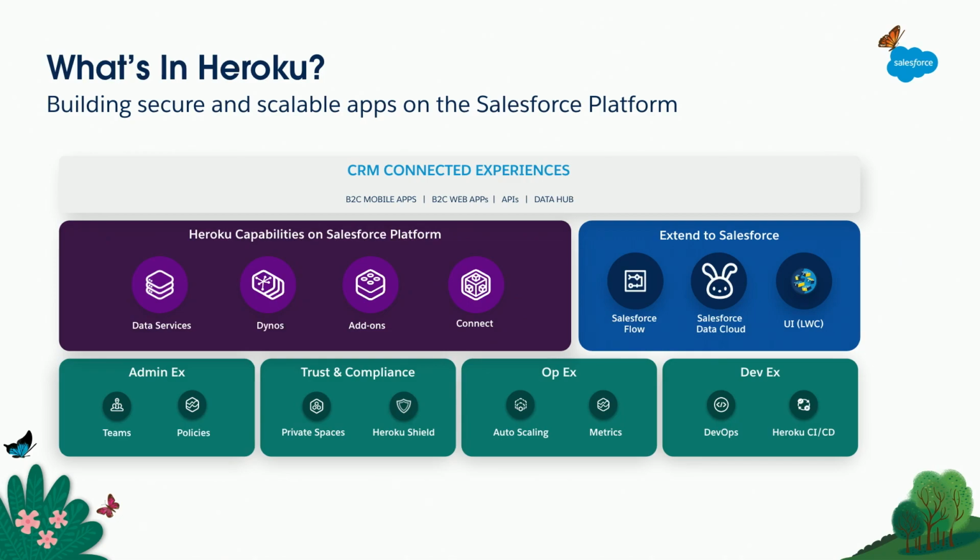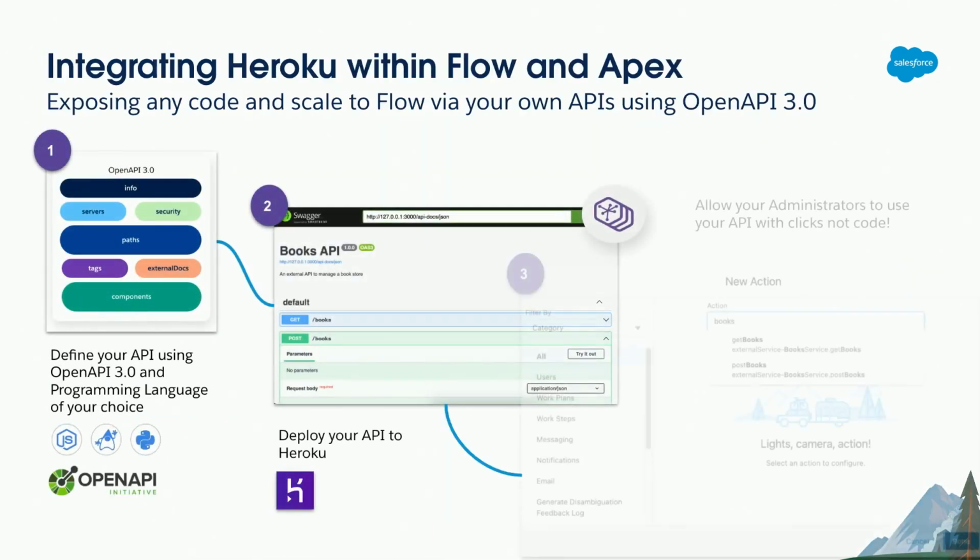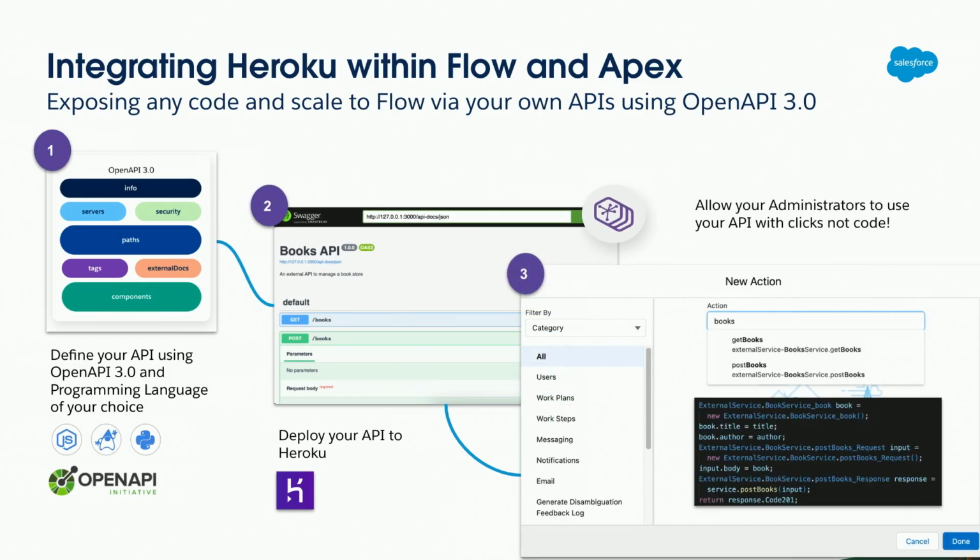But let me tell you a little bit more about that in the abstract. The ways in which you can use Heroku with Flow and Apex. If you're familiar with Heroku, we're all familiar with synchronizing data with Postgres. But how many of you knew that if you hit a computationally heavy experience in Flow, you do in fact have another option? The first part of this process involves defining an API, and we looked at industry standards to define that API,